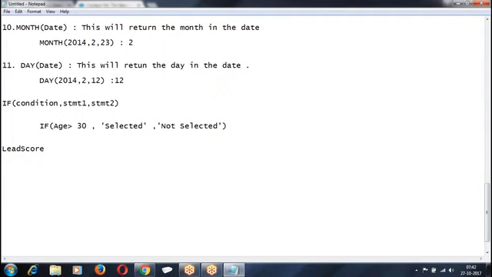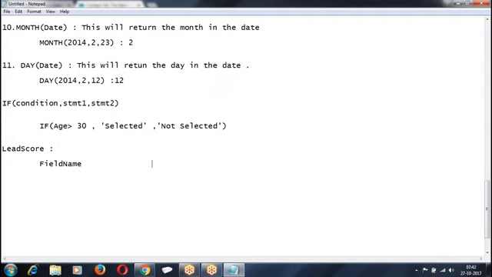Now, I should prioritize my calls. When I ask my telequality team to make a call to the students, whom should I call first? So there should be some priority. When there should be a priority, we are supposed to calculate some score. What is the score? We have a lead score. This is a common scenario in every application. What is the lead score?